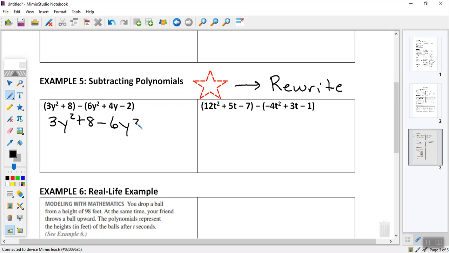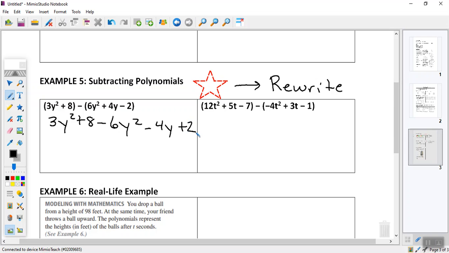6y squared, right? Basically, this negative out in front of this trinomial is going to do what to all of my signs in here? Switch them. So when I subtract a positive 4y, that's like a minus 4y. And when I subtract a negative 2, that's really going to become what, kids? Plus 2. Okay, so I think it's important to rewrite it like that by saying, okay, take this right here